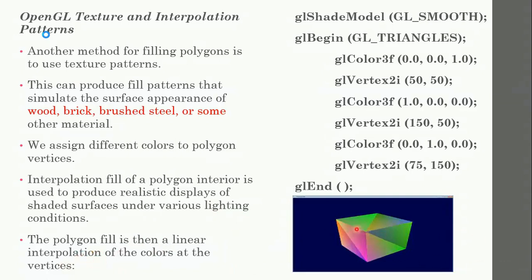For example, if you want to display a color cube, again the color cube has many vertices, you can say 1, 2, 3, 4, 5, 6, 7, 8, eight different vertices you have. So see the diagram how it is being displayed. You have given the color for each of the vertices. For example, this particular vertex has green color. You have defined another vertex with blue color, and see how it is being displayed. So for the vertex you have given the color. So this is called interpolation filling of the polygon.